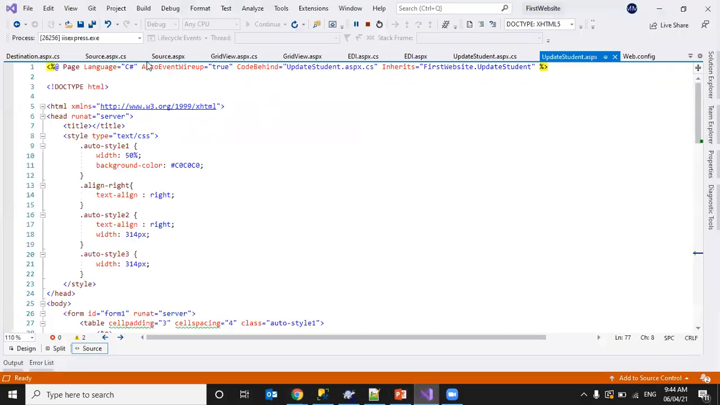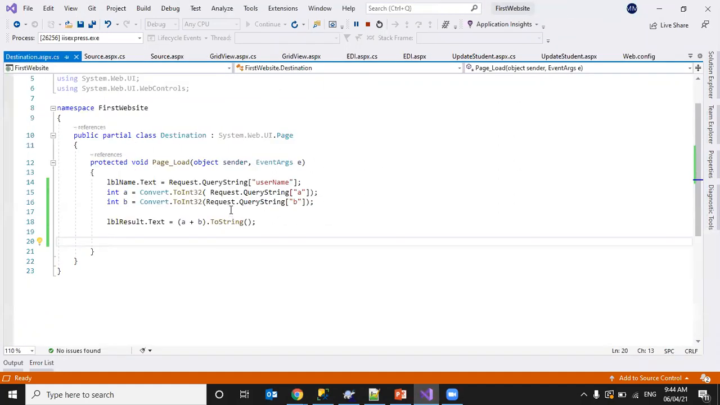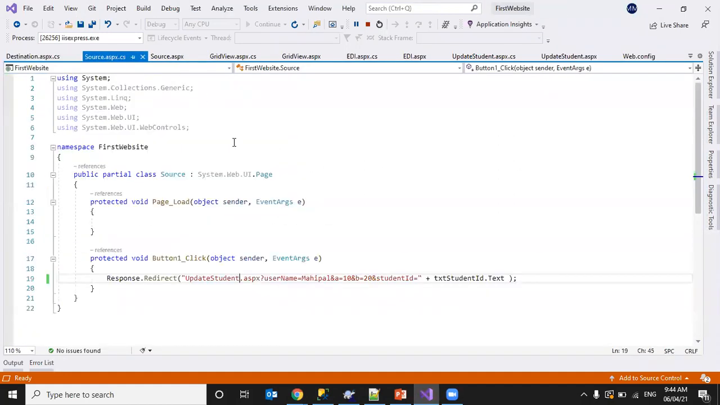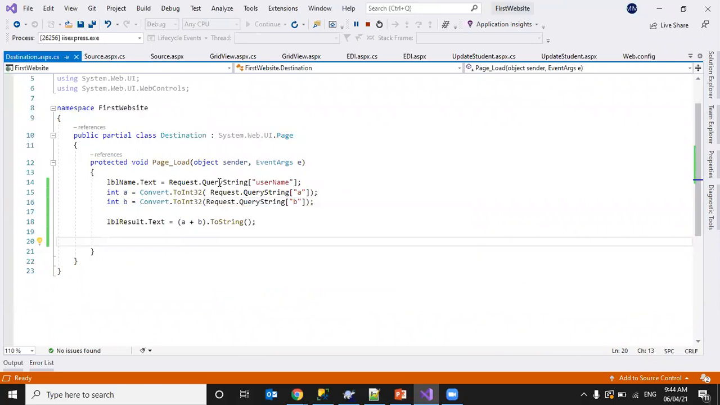Okay. So a simple thing: we use Response.Redirect to pass the information, with a question mark at the end of the URL, then key and value. This way we can pass any static or dynamic information. This is a hard coded value, and this is a dynamically passed value, right? So this is about query string. Now let's see